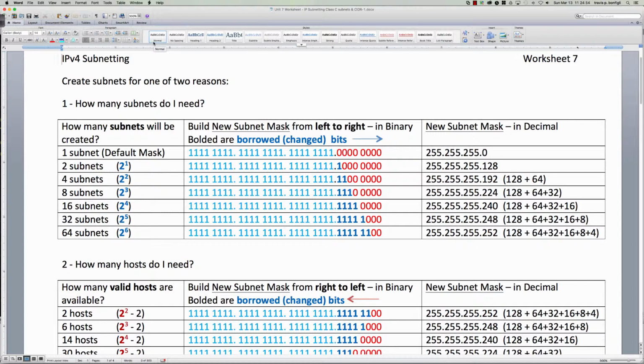This is the CompTIA Net Plus course, Introduction to Networking, and today's tutorial is going to be the answer key and solution set for the Unit 7 worksheet, where we're going to be taking a look at subnetting Class C addresses. So one of the first questions you need to ask yourself when we're subnetting is, how many subnets do